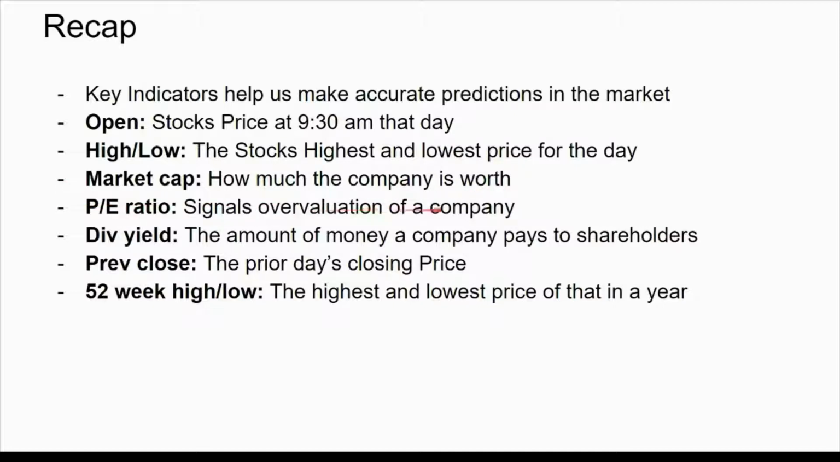P/E ratio signals overvaluation of a company, and we said that a P/E ratio over 17 will signal overvaluation in most cases. And dividend yield is the amount of money a company pays to shareholders expressed in a percentage of the stock price. Previous close is the prior day's closing price, and the 52-week high and low shows you the highest and lowest price of that